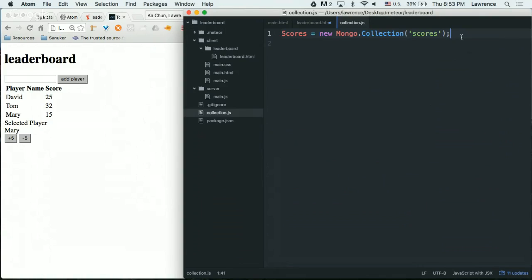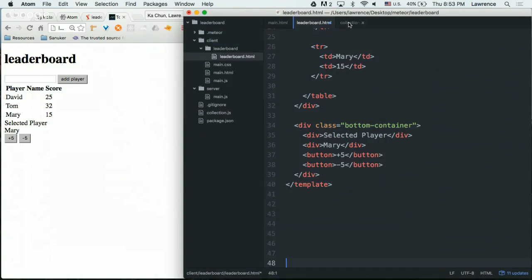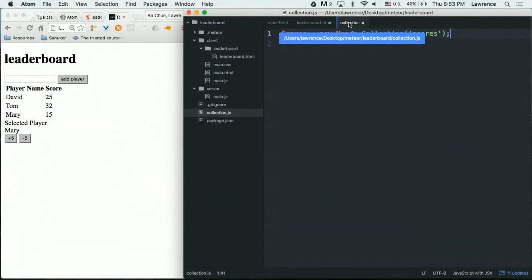Okay, and then later on in JavaScript, you will always see a semicolon, like what I have typed here. In the computer world, a semicolon means full stop. That means telling the computer that I finished the whole line. But Meteor is flexible enough that if you forget to type the full stop, sometimes it will still work. But as good practice, just try to remember to type the semicolon as well. Okay. So once you saved it, nothing changes. But that's okay. I'll just wait for everyone to finish this.